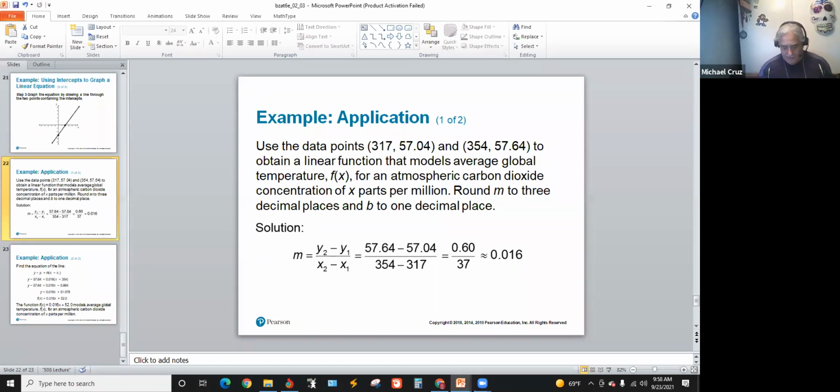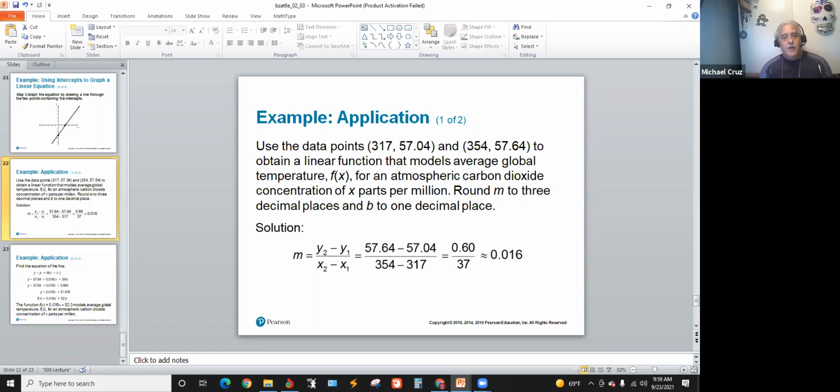Usually in Math 097, most of the values are fairly simple, but in real life they're going to be decimals and fractions. So they ask us to use the data points 317, 57.04, and